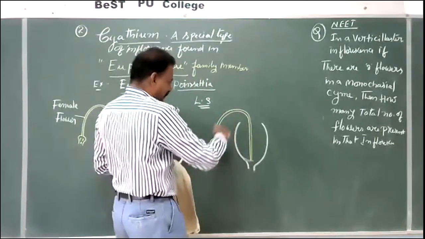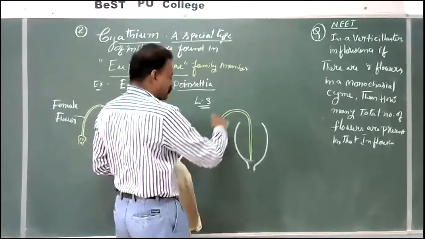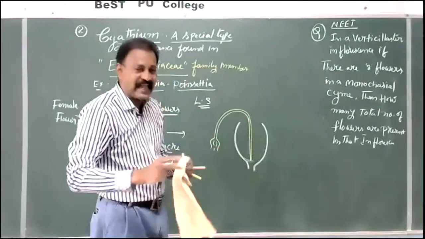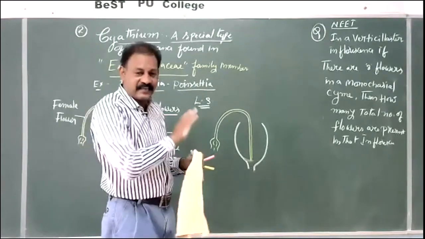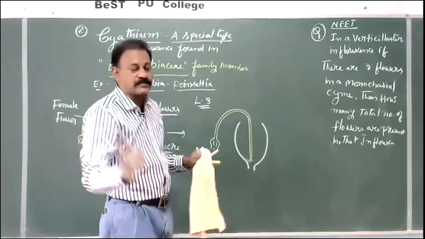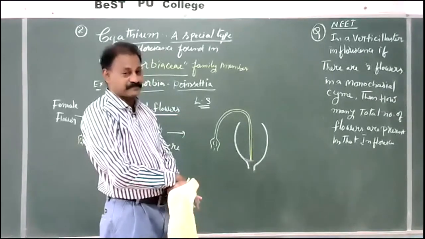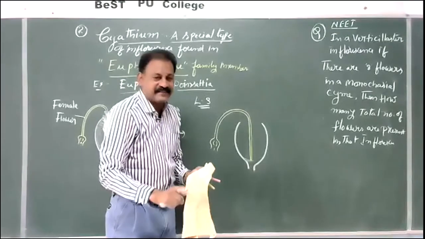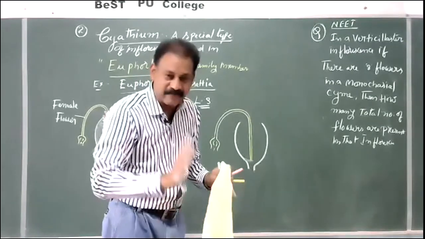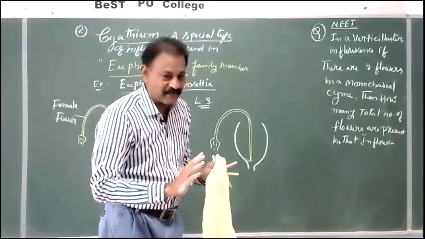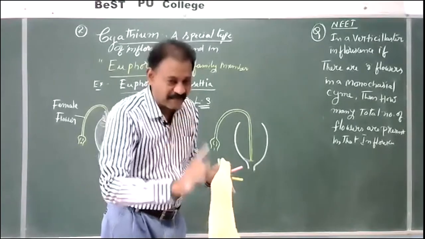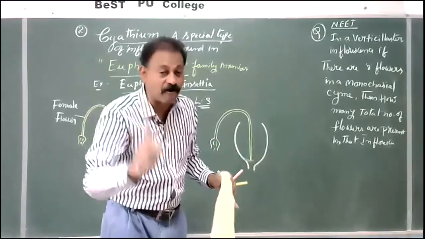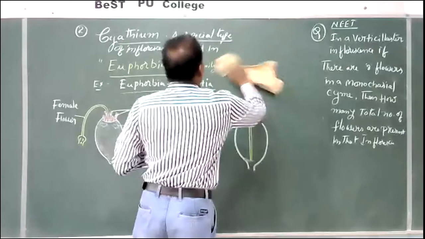This is a single flower, which is called a female flower, and this female flower does not have any calyx, corolla, or androecium. The most important thing: whenever a flower does not have sepals and petals, what is sepal? Calyx. What is petal? Corolla. If any flower does not have sepals and petals, such a flower is called an achlamydeous flower.